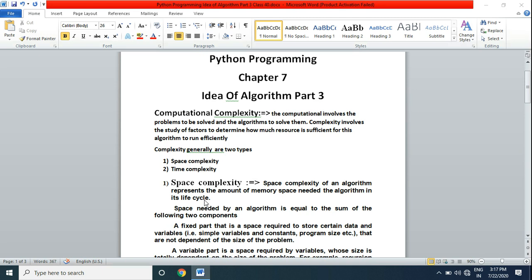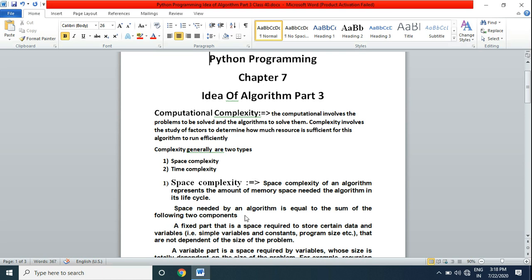If we have more variables in a program, it needs more space. If a program has fewer variables, it requires less memory, so it has less space complexity. Space needed by an algorithm is equal to the sum of the following two components.